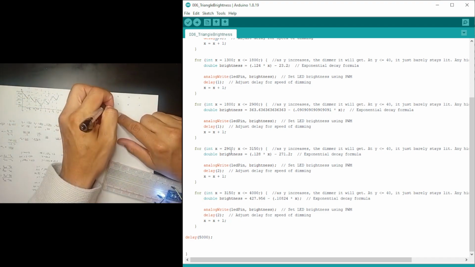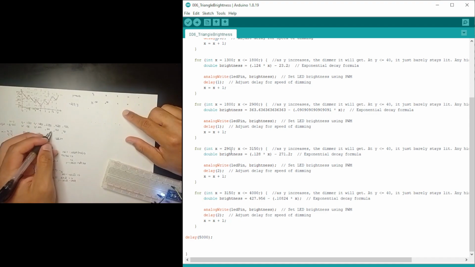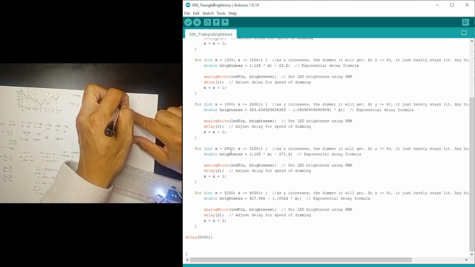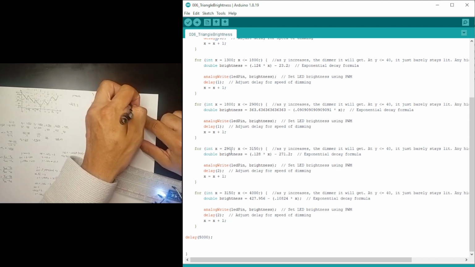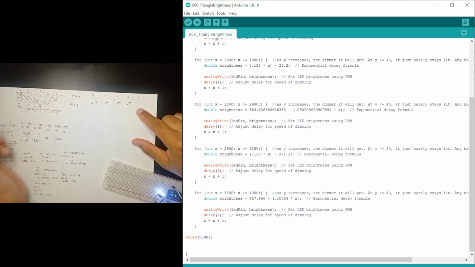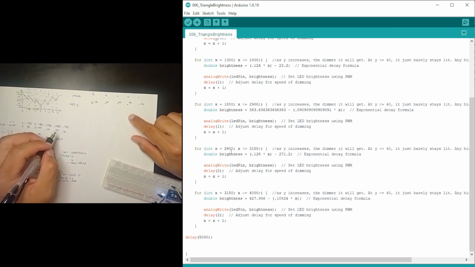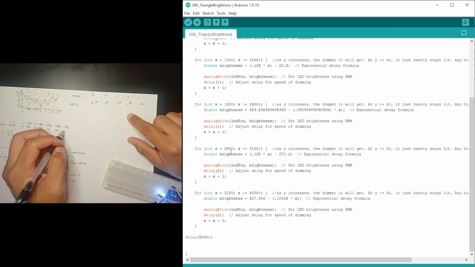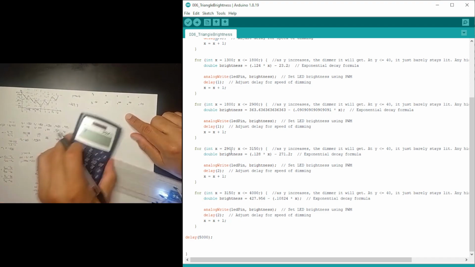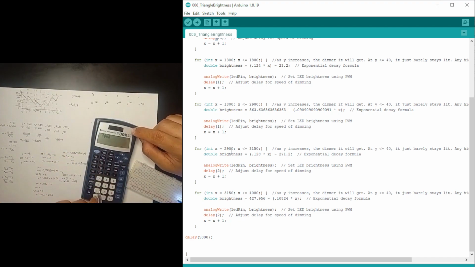132, 100, 200, 138, 255. But the x values, so if this was 850, 4 plus 850,